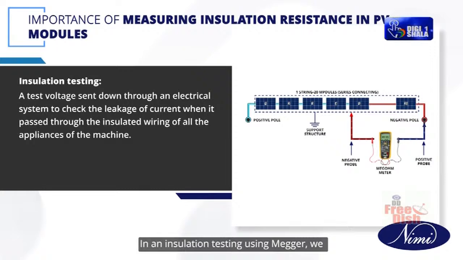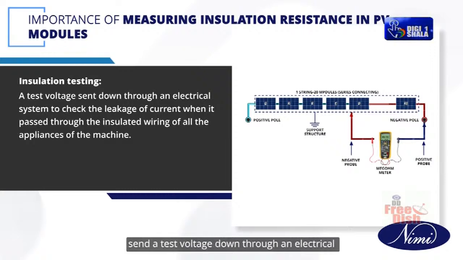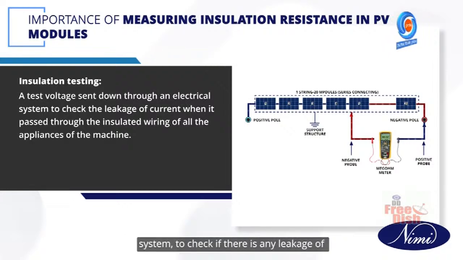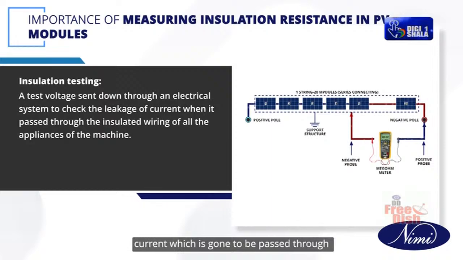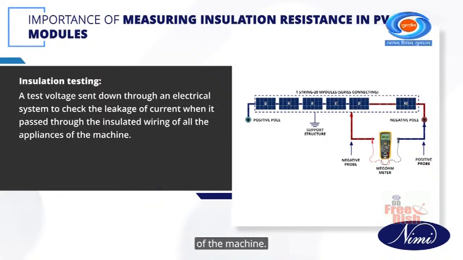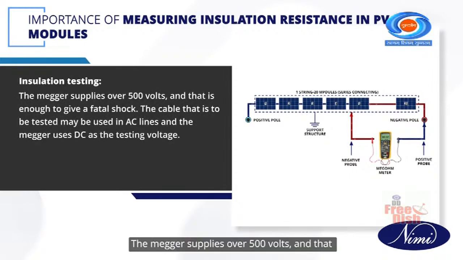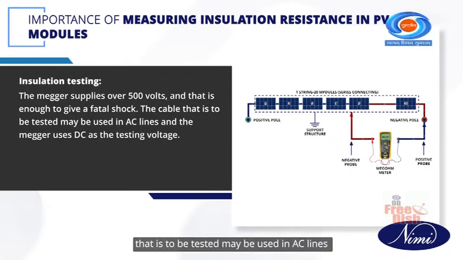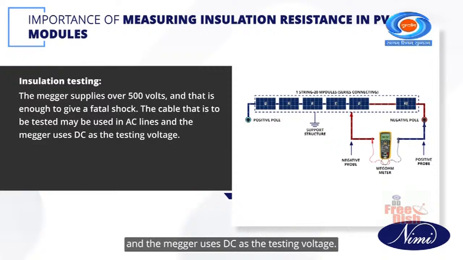In insulation testing using a Megger, we send a test voltage down through an electrical system to check if there is any leakage of current passing through the insulated wiring of all the appliances of the machine. The Megger supplies over 500 volts and that is enough to give a fatal shock. The cable to be tested may be used in AC lines, and the Megger uses DC as the